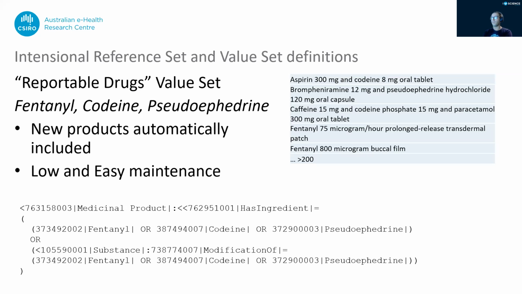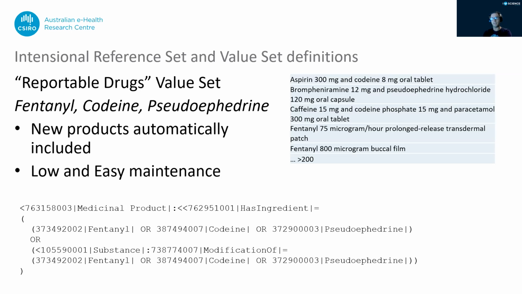So a useful one we've got at the moment in Australia, all of our jurisdictions have, well, most of them, all of them eventually, will have a list of reportable drugs. And these are drugs that any dispensing of that drug has to be reported to a central authority for monitoring and tracking. Usually it's the serious things that can be abused and sold on the black market. And so to maintain this reference set, all we need to know is the list of ingredients that want to